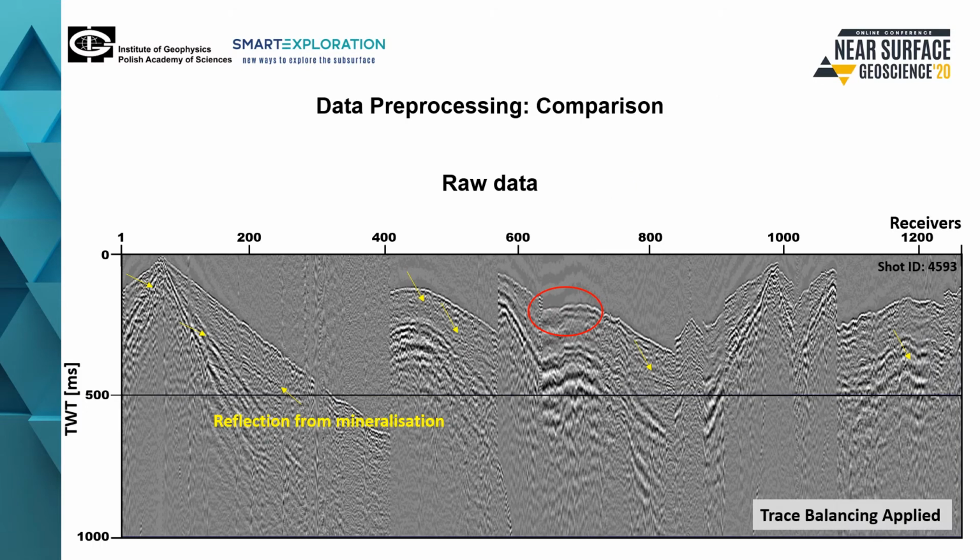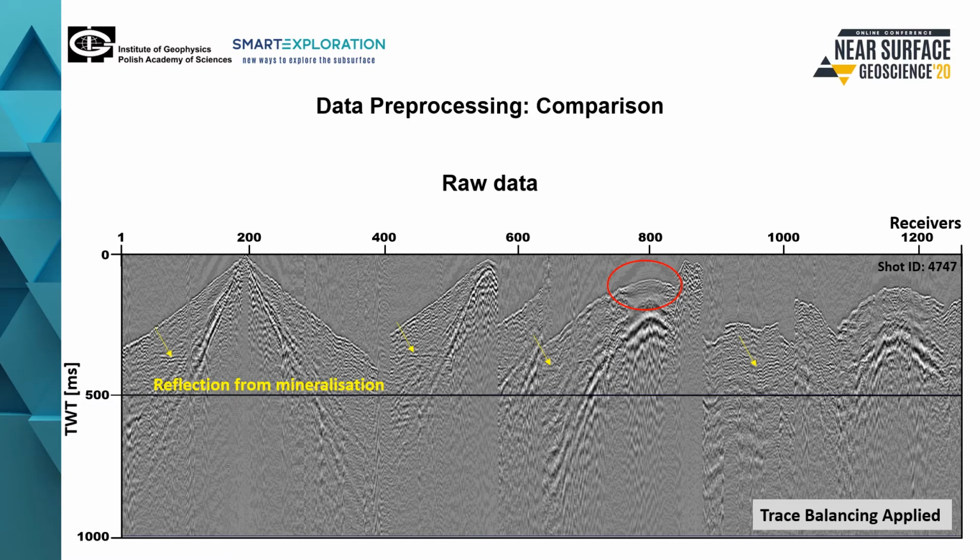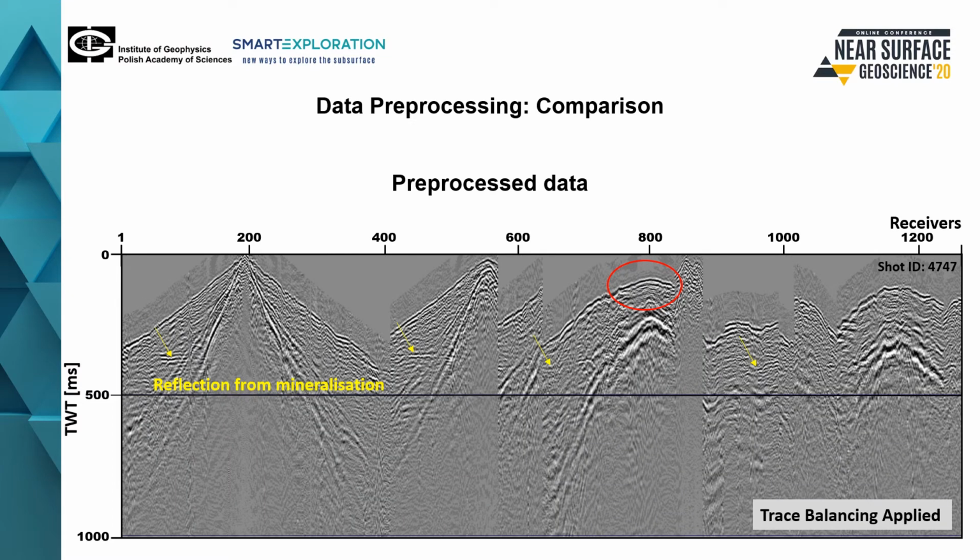Here, we compare the raw data and data after the pre-processing. If we concentrate on the reflections marked by yellow arrow and the traces encircled by red circle, we can see that the first arrivals are very well enhanced along with increased coherency after the pre-processing. A similar trend can also be seen for another shot that the first arrivals are very well enhanced along with